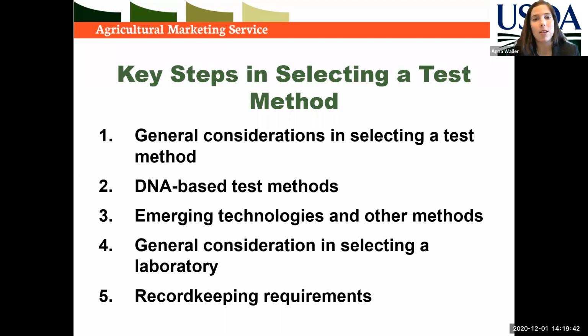3. Emerging technologies and other methods. Technology such as DNA sequencing continually progresses and may become more commercially and economically accessible. If these emerging technologies meet the requirements of 7 CFR 66.9,